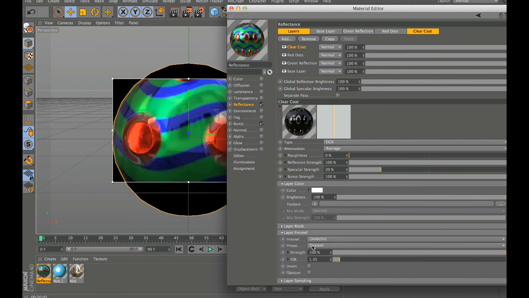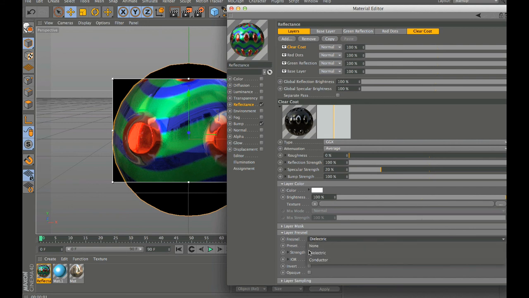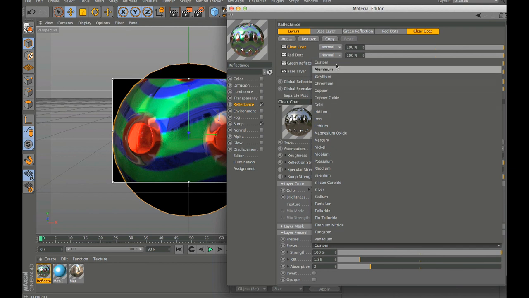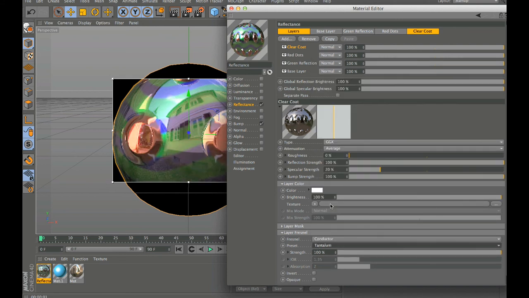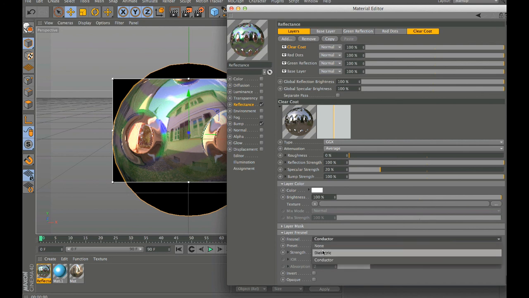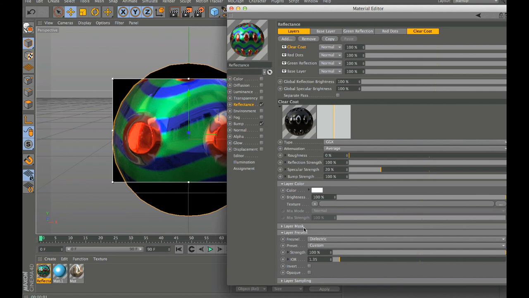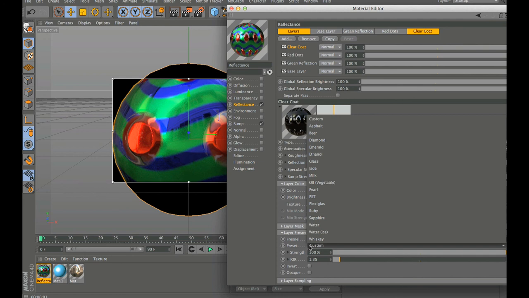And when I do that, I get all these presets. So depending on what type of material you're creating, you'll get different options. If you're using a metallic material, you would use the conductor Fresnel, and then you could choose from these different presets here, and lots of really cool choices from this list. In this case, I'm going to create a plexiglass, glass type effect. So I'm going to use dielectric, and I'm going to change the preset. So you'll see all these different presets based on the different Fresnel types. So here I'm just going to use plexiglass